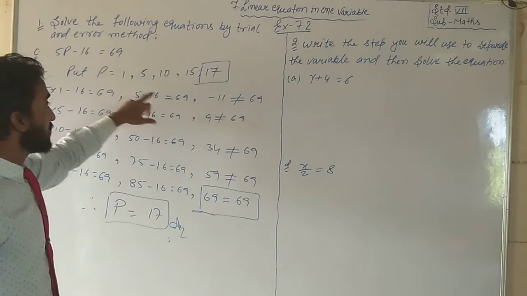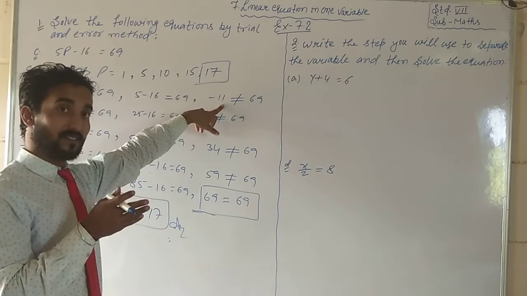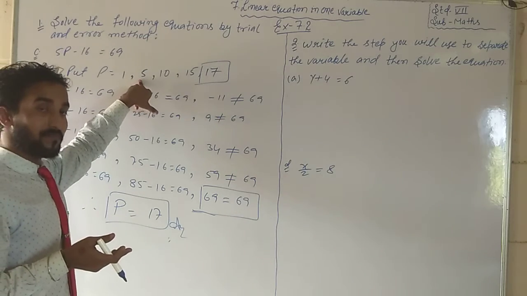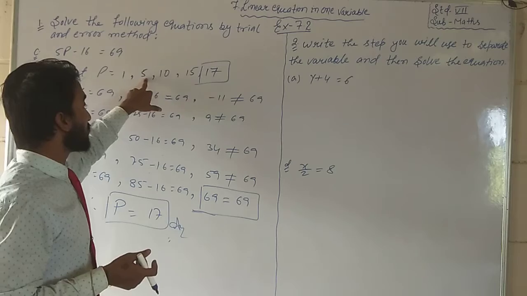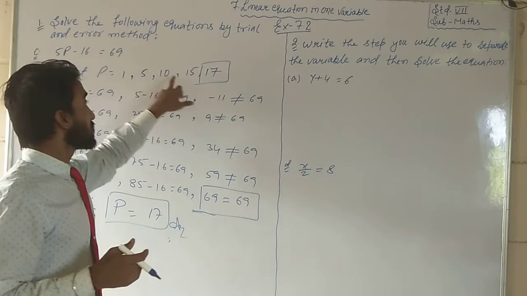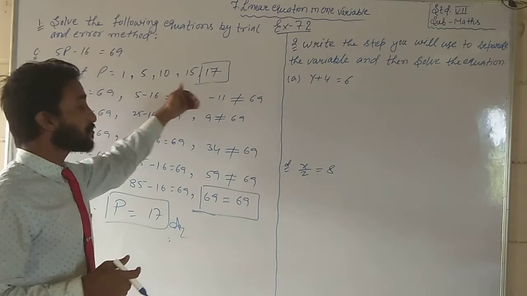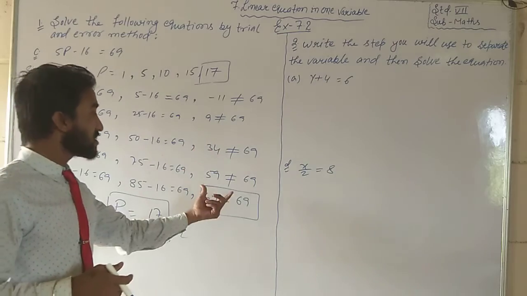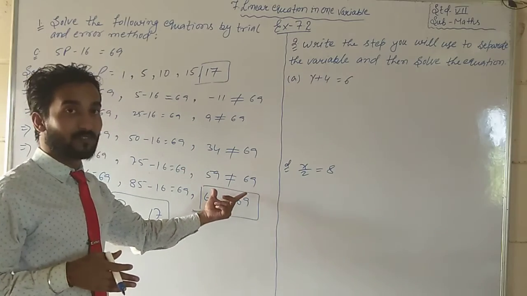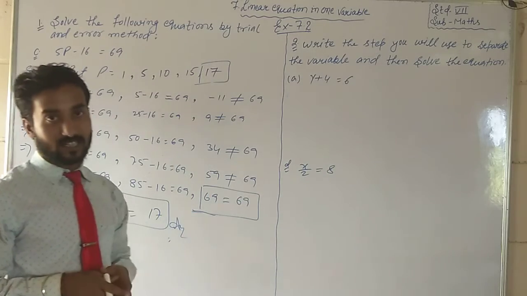After 1, we came to know that the result is minus 11. The equation is getting negative, so we increased by 4 more. So 5. After calculating with 5, we saw that it is still pending, too much is left. So next we tried 10, 15 and after that 17. As we proceeded with the numbers, the variation kept reducing. And as it reduced, we came to know that this actual value, when put in, will definitely satisfy the equation.